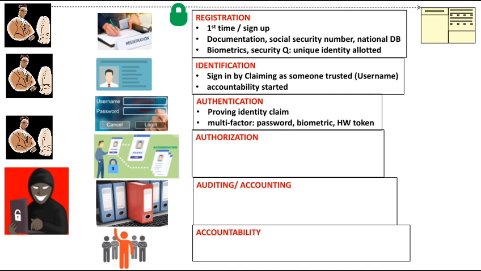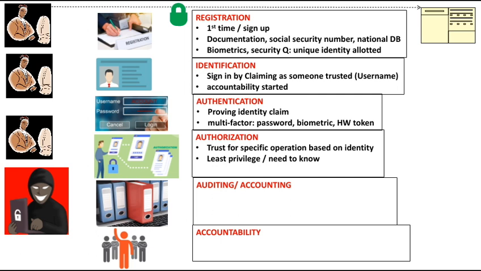So now you have been authenticated by the system and you have proved your identity, but still you are not authorized to perform any action on the system. In order to give you that authorization, the authorization stage is there. Now you are allowed to perform specific operations on the system based upon your identity. For example, if you are an admin, then you are allowed to perform more actions on the system than a normal user. These authorization actions are based upon the principle of least privilege and need to know.